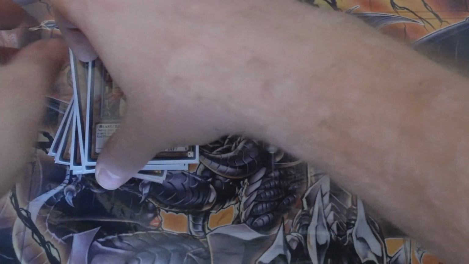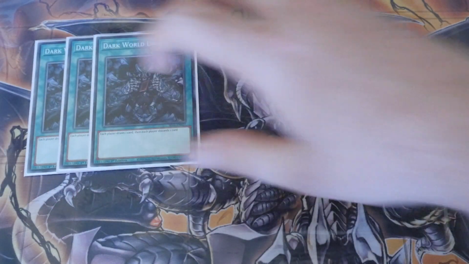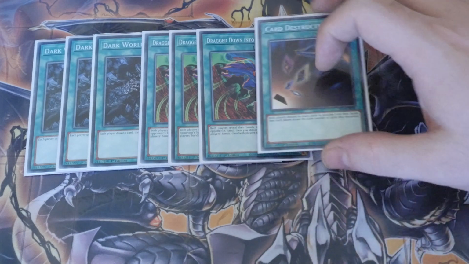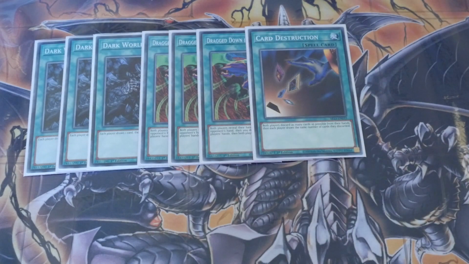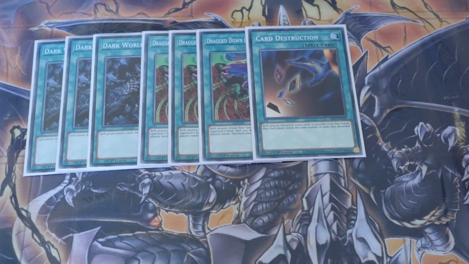Moving on to the spells. So now you'll start to see that where we've replaced the dangers, we've actually increased our spell count. I believe previously our spell count was about 8 or 9. Now it's going to be a huge amount more because your spells are replacing your dangers. So we're playing triple Darkworld Dealing alongside 3 Drag Down to the Grave and a Card Destruction. So these are the new cards that have pretty much replaced the danger package alongside 1 Salamander and